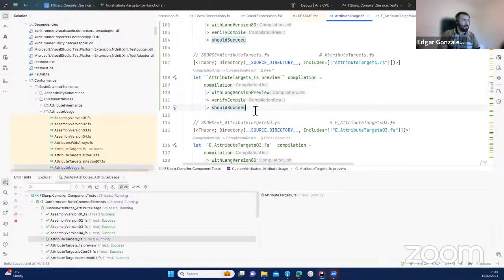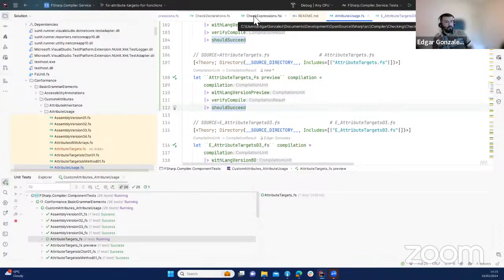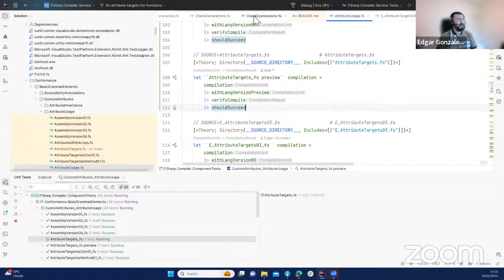Yeah, my machine is a little bit slower, but while this is happening, I will also be talking about something interesting. So this in the compiler will be a breaking change, because existing code will be compiling fine using the wrong attribute targets. So we cannot just add our new check and be done with that. We need to add a language feature for that, and I already did that just to save us some